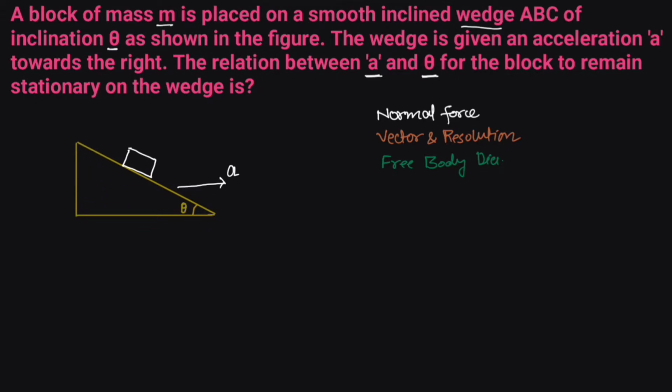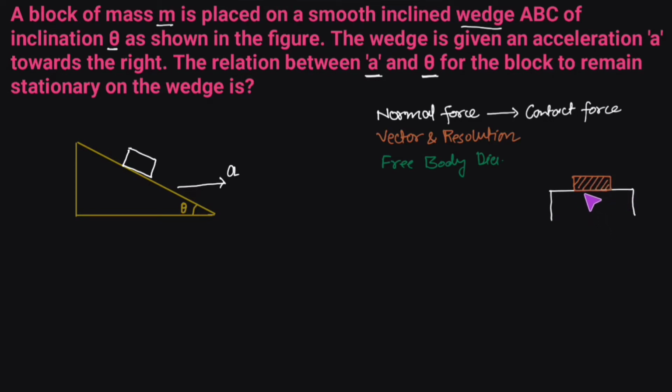Next is the normal force. Normal force is nothing but a type of contact force which acts perpendicular to the surface of contact. Suppose there is a table. You put a book on the table. You know, this book has some weight. If there was no table, this book would try to go down, would fall. But why, when it is placed on the top of a table, is it not penetrating the table surface? Why is it not passing through the surface of the table and going down?